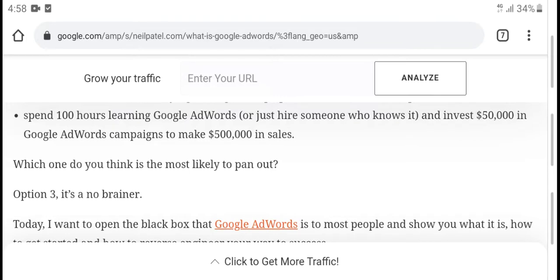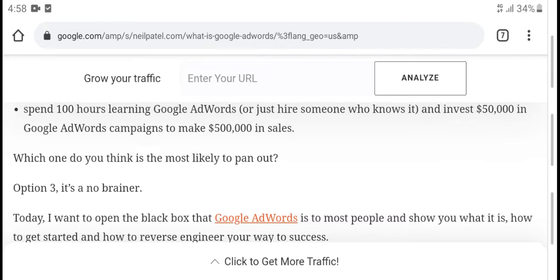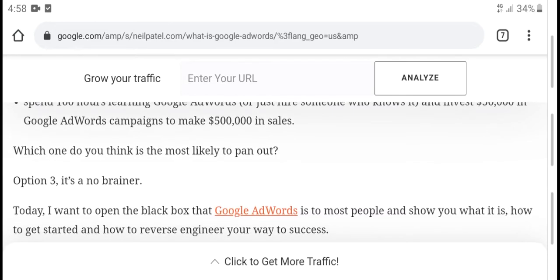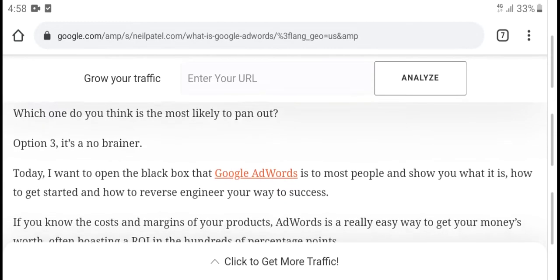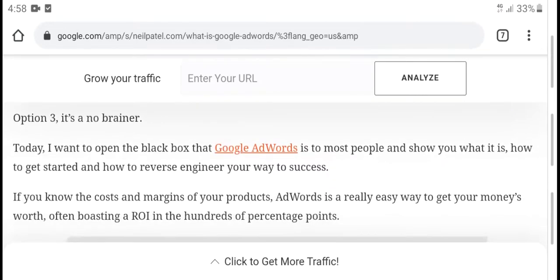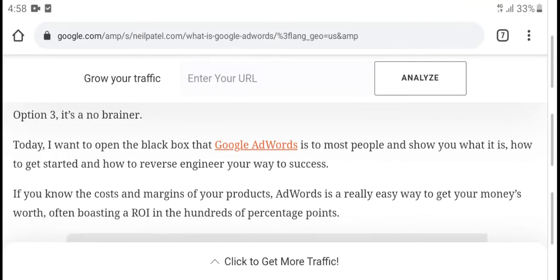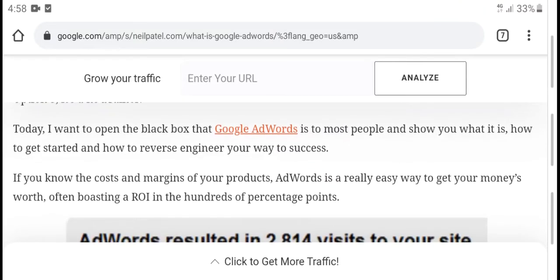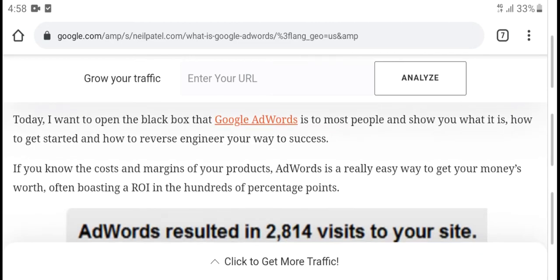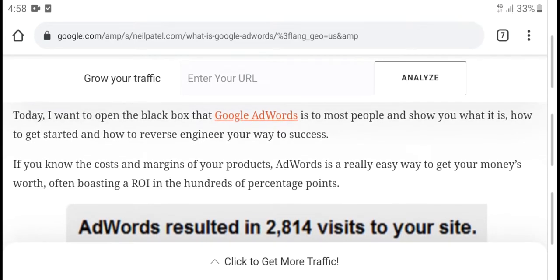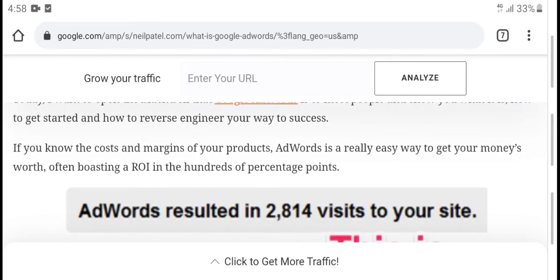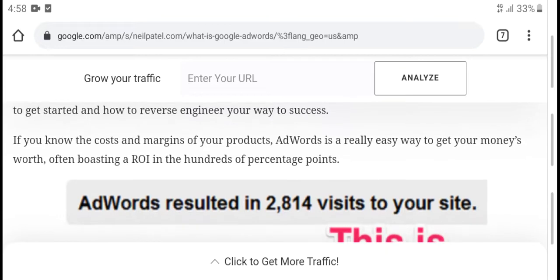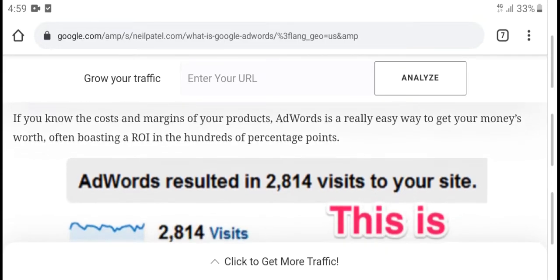$5,000 in Google AdWords campaigns to make $500 in sales, which is your thing in likely pain out. Today we open the black box, that's Google AdWords, the most people, and show when and how to get started. Reviews and engineer your way to success. If you know and cost any majority of product, AdWords is a really easy way to get money